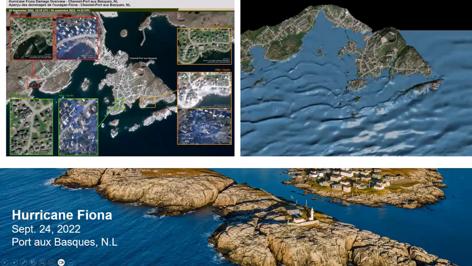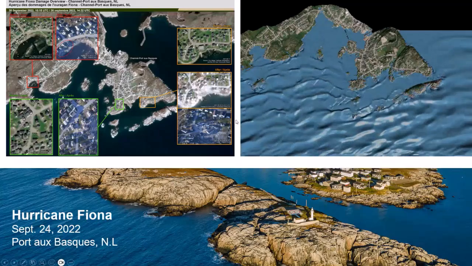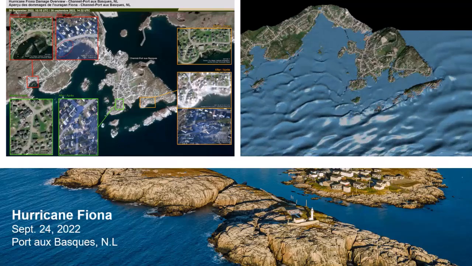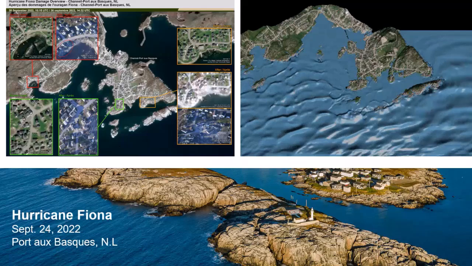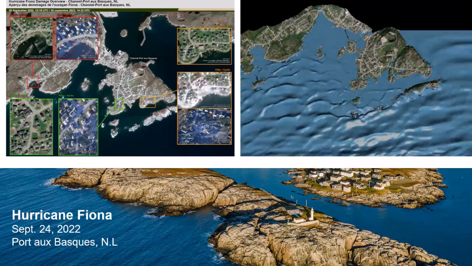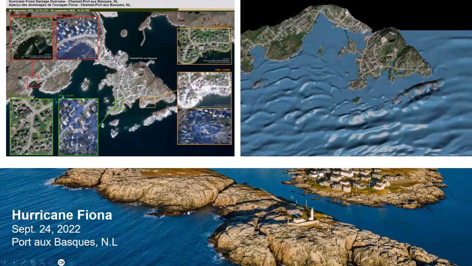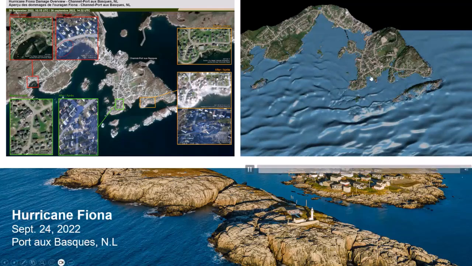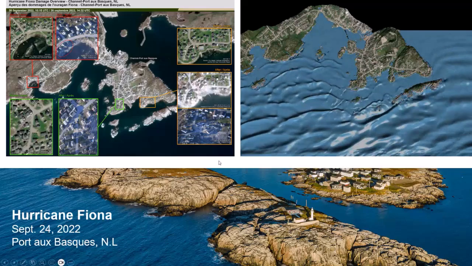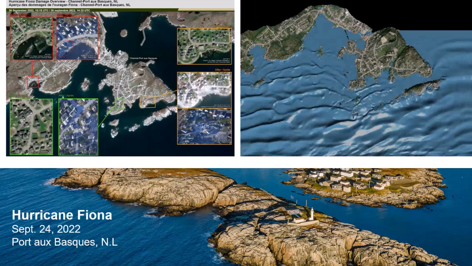And you see then with a program like MIKE 3 Wave FM, you're able to capture that process where a combination of surge and wave setup actually creates significant overtopping and wave effects that come across this, what appears to be a very large natural feature, and therefore impacts a lot of the communities and homes along the coast. So this is just an aside to demonstrate the power of this tool to look at more complex